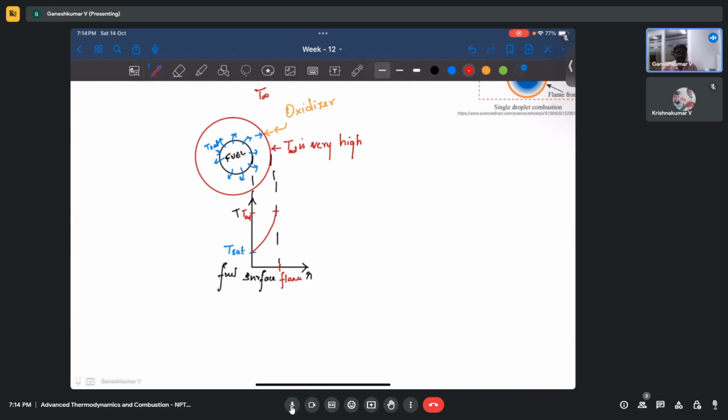It's the same as when we studied the premix flame, right? We have to preheat the fuel from low temperature to an ignition temperature, right? If you remember correctly. So the same preheating here, the same energy is used for phase change. That's it. That is due to the fuel being in the liquid phase and reactions happening in the gas phase.